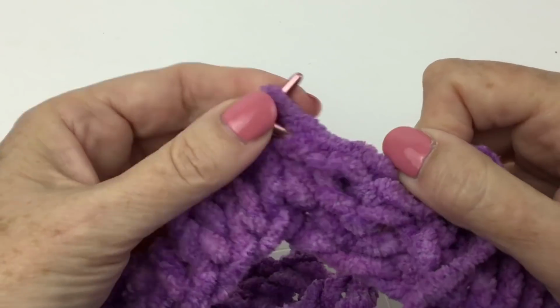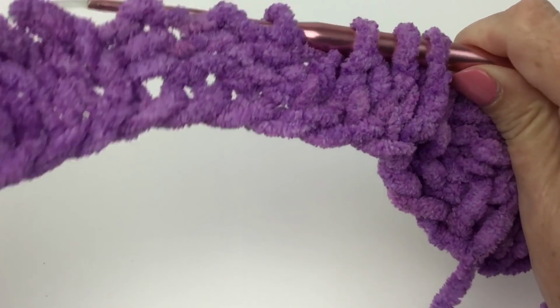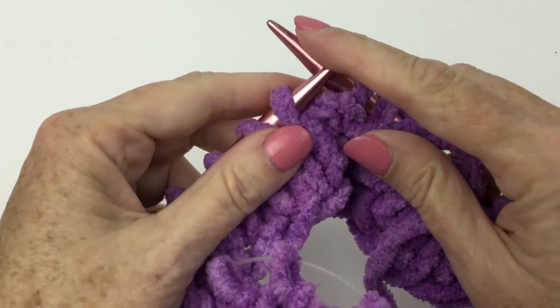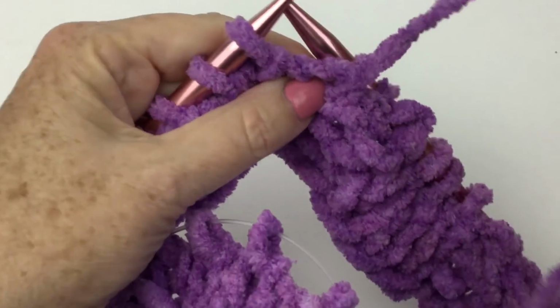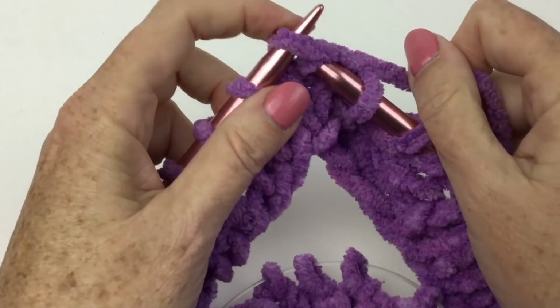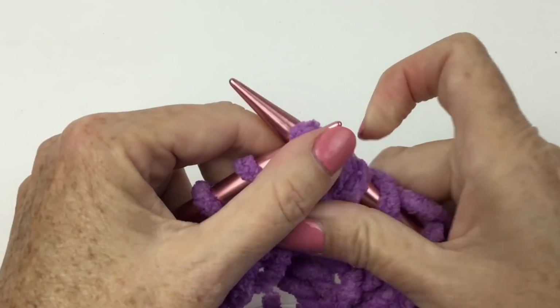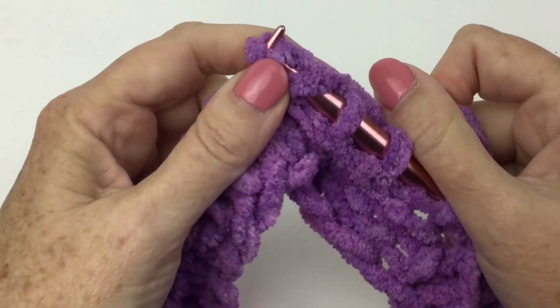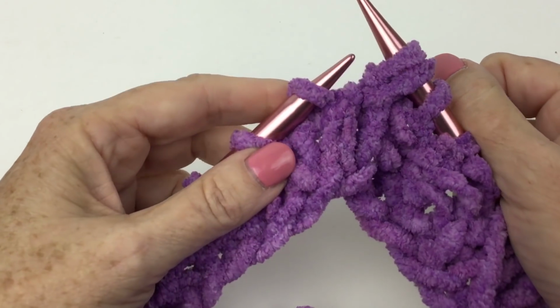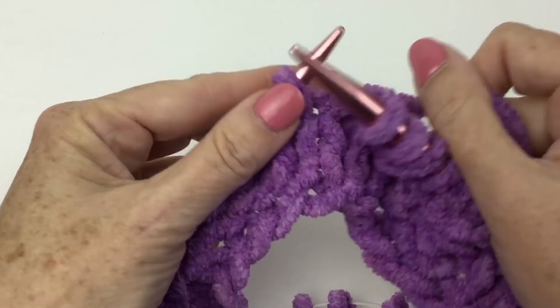Now we have an asterisk, and so we're going to repeat the asterisk all the way across. It's KFB, which is knit front and back, and just as a gentle reminder, you knit in the front of the stitch. Do not push it off the left-hand needle. Knit in the back of the same stitch and then push it off the left-hand needle. That gives you a 1 stitch increase. So it's KFB, knit 2,